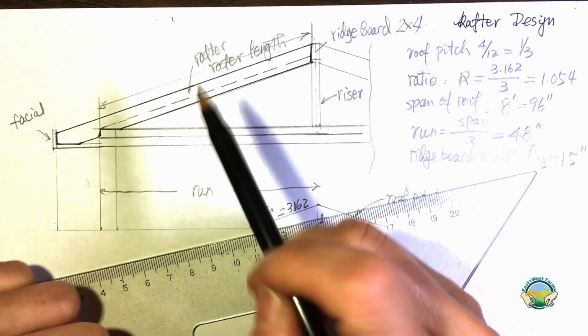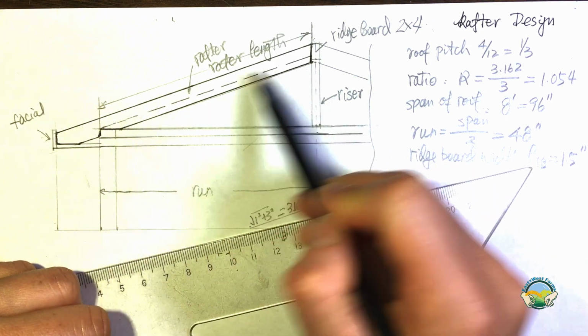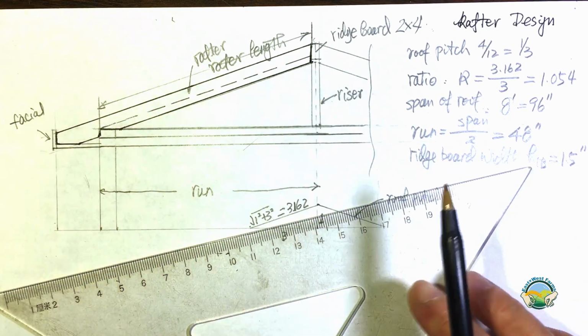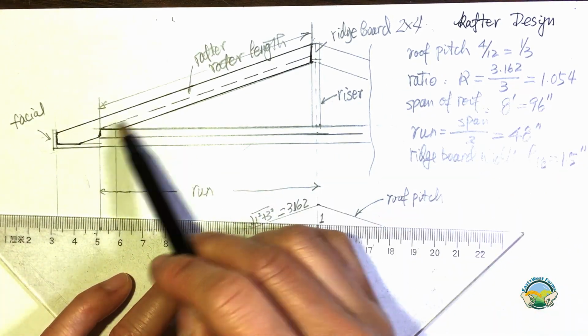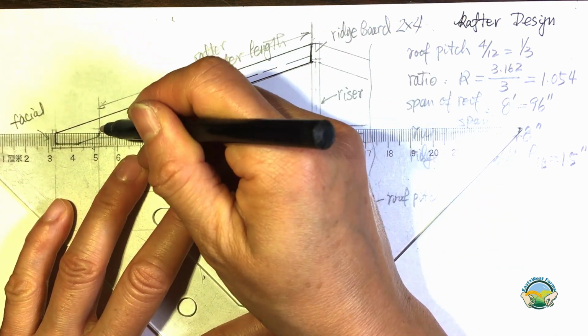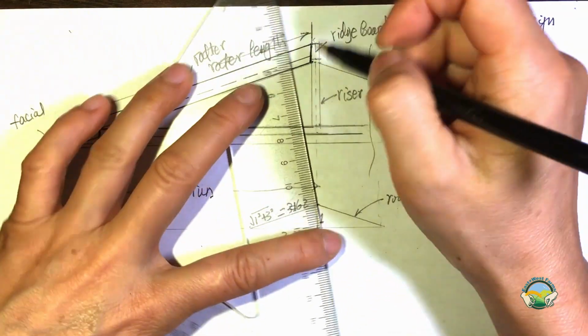Because it's a parallel line, the rafter length is basically the length of this dashed line I just drew. So now you can use the triangle to do the calculation on the rafter length. In this case, I will draw the triangle. So basically it is from here